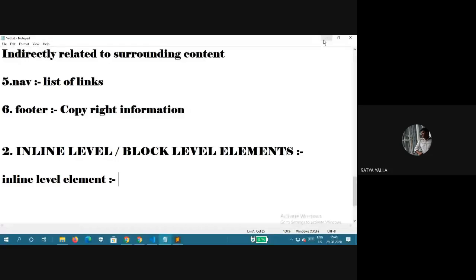The inline element is nothing but the elements that do not start on a new line. Okay? Do not start on a new line.